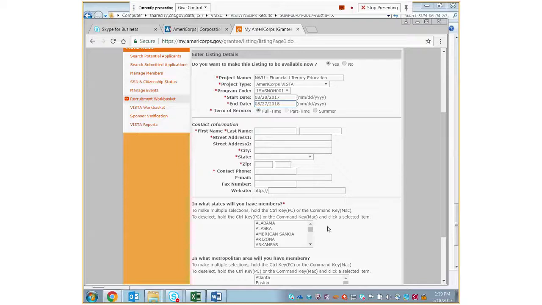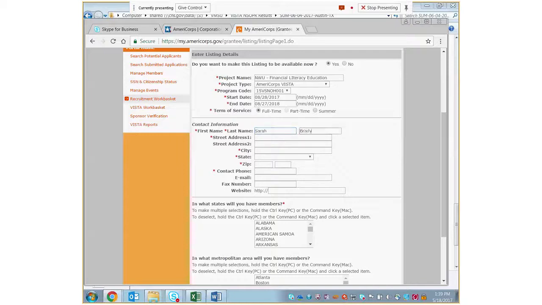Then what you'll want to do, none of you should select part-time for term of service. I'm speaking primarily to full-time projects right now, I believe. So you're going to want to make sure you type in full-time here for the term of service. Then you're going to put in your organization's contact information.